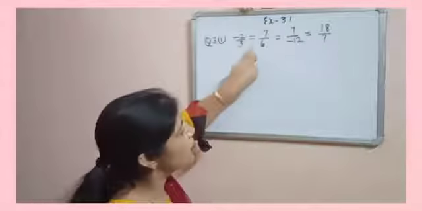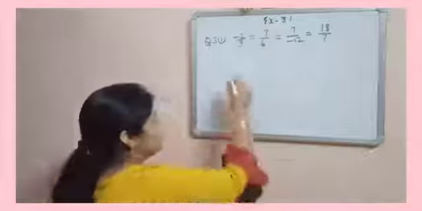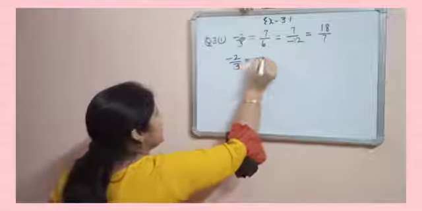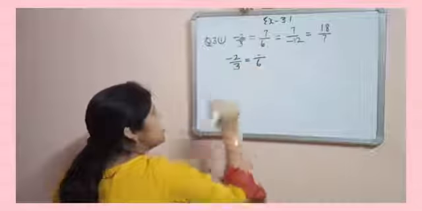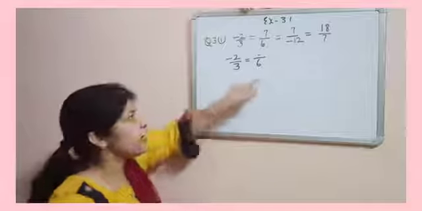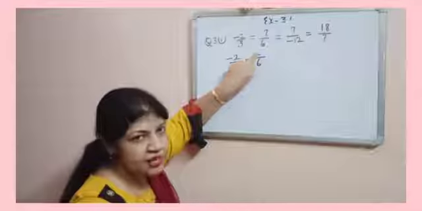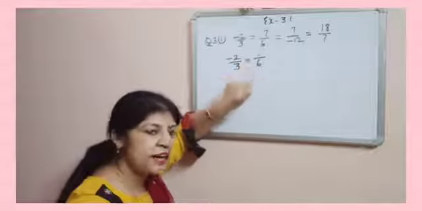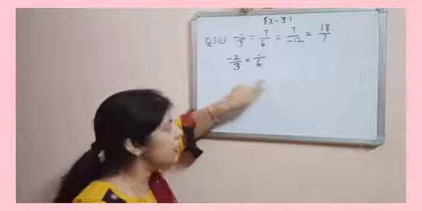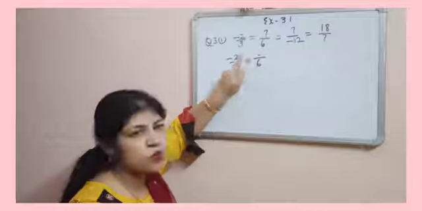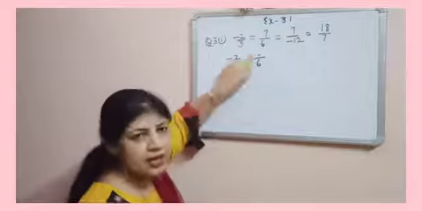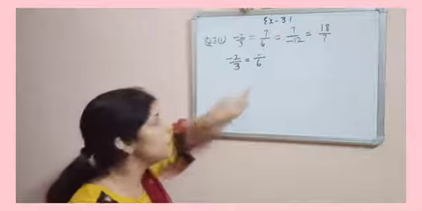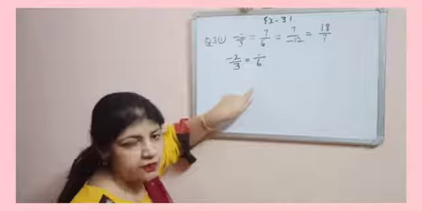So let's take the first and second rational number, that is minus 2 by 3 and dash by 6. So you need to find the value of this dash. Now you can do it directly or by taking the value which you are going to find as x. Clear? How can you do it directly?